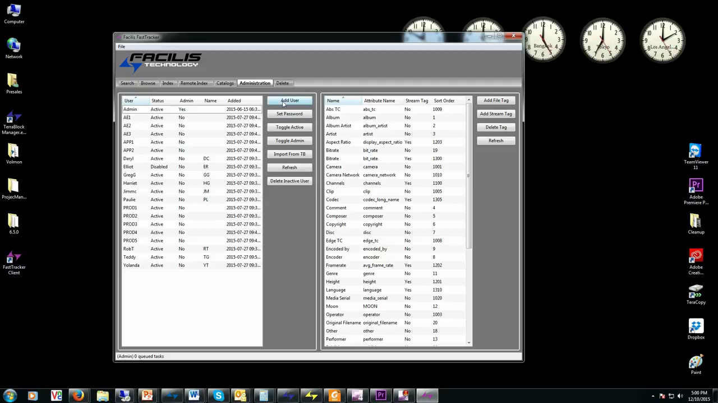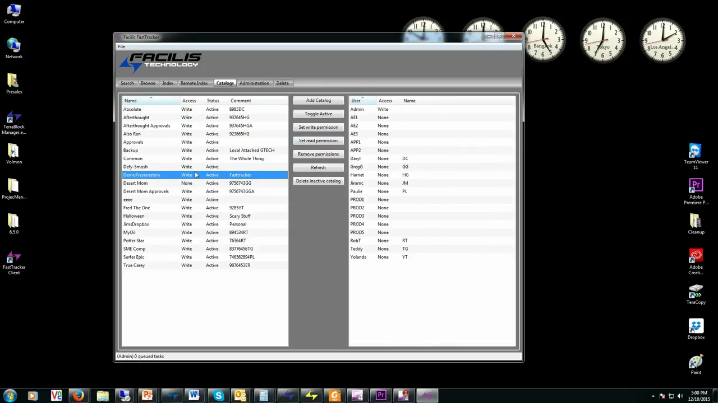So adding a user here is the first way to do it. Importing from TerraBlock is a second way, and that simply imports all the user accounts from the TerraBlock system that is currently active in the background of the FastTracker, since this is also running on a TerraBlock system in your facility. So back to the catalogs,